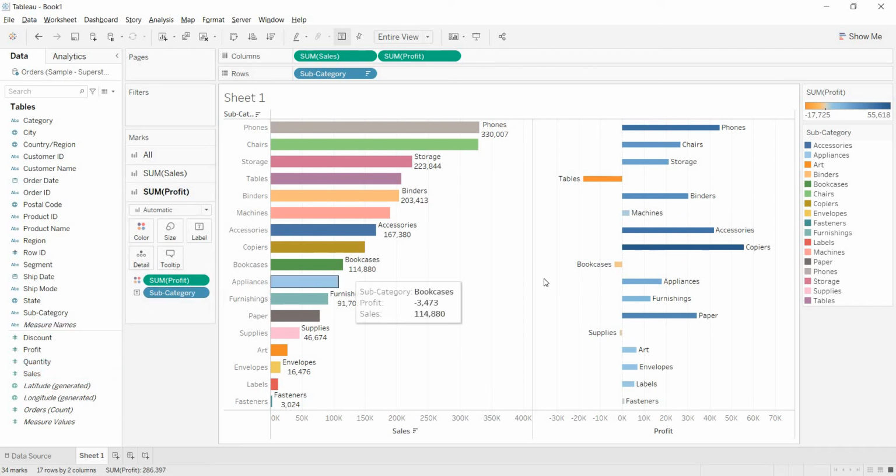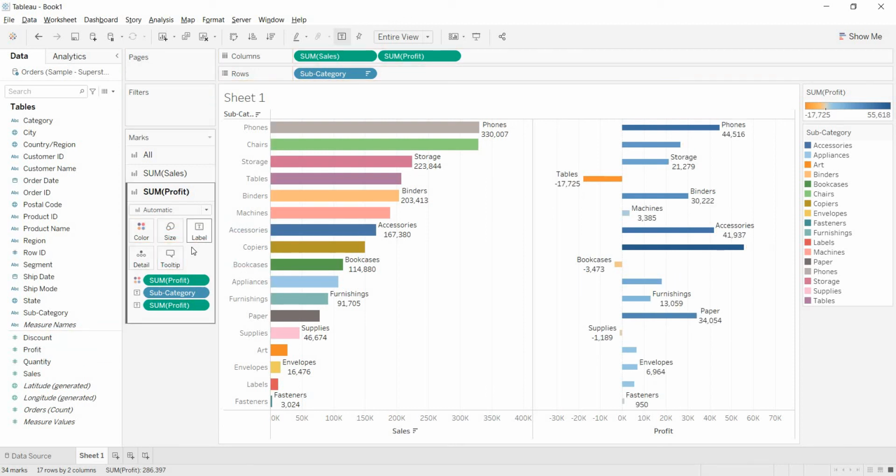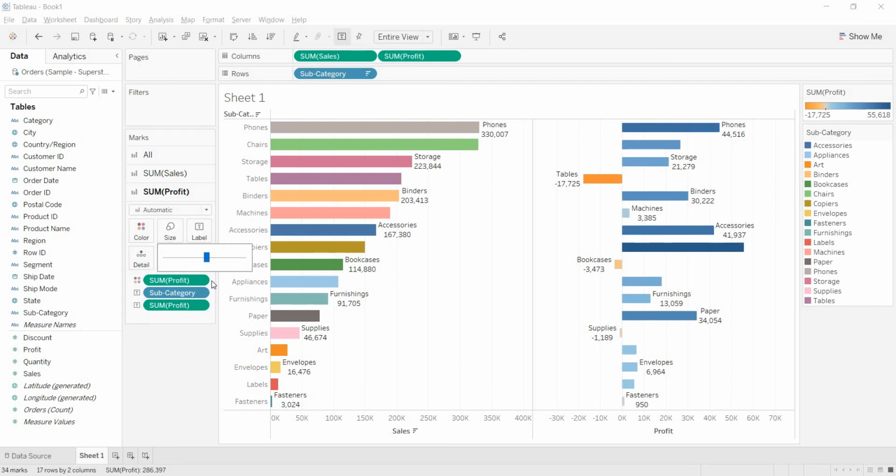Again, even for this view I want to bring the label of the profit value. Again bring label and drop it in this label. Now see, you are getting that label also. Okay, you are clear with this, right? So let me increase the size also. Like this, at the individual axis level you can do the modifications using these marks cards.